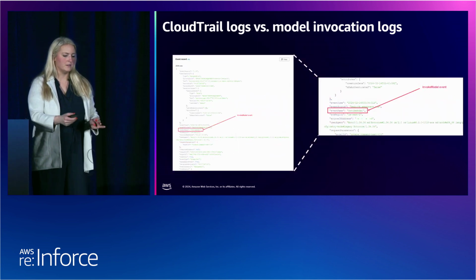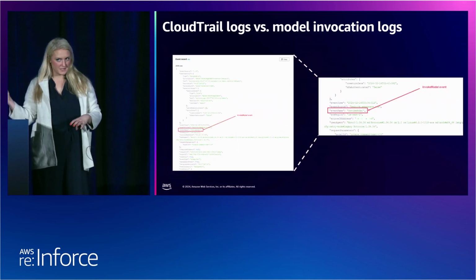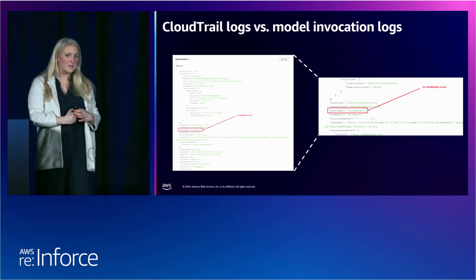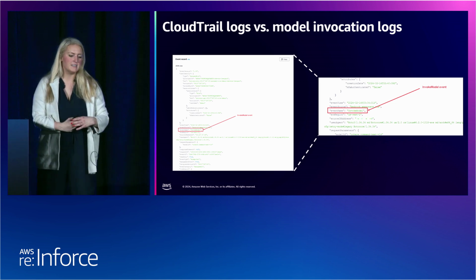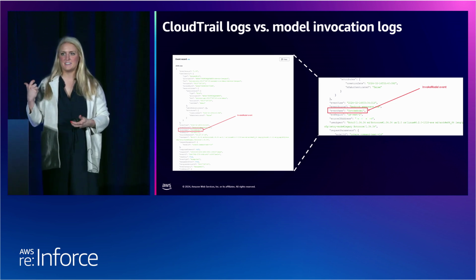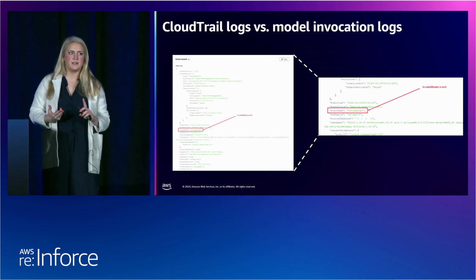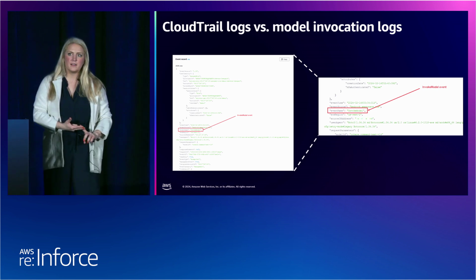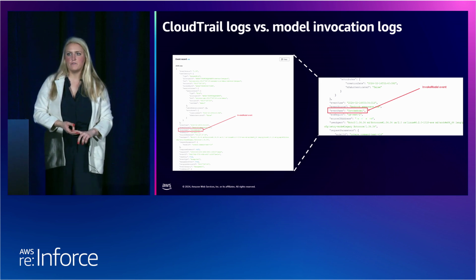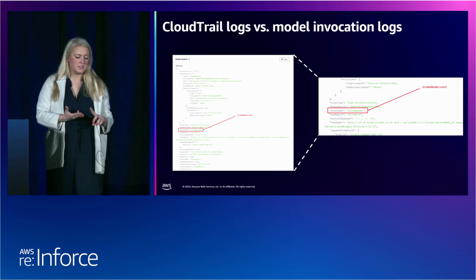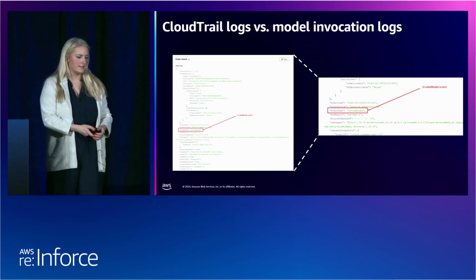So if we dive deeper, seems like many of you actually use CloudTrail in your day-to-day. You can see here, hopefully, a familiar JSON object, and you could see the region where the query was, the IAM role that was invoking this model, the IP address, things along those lines.